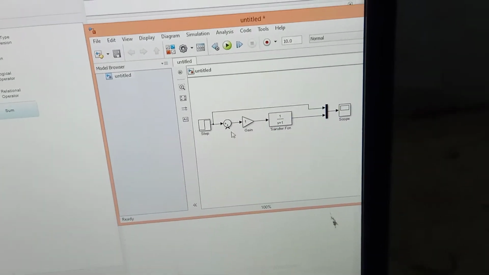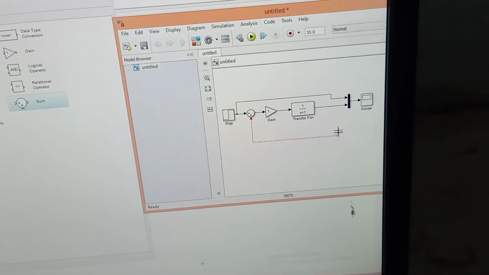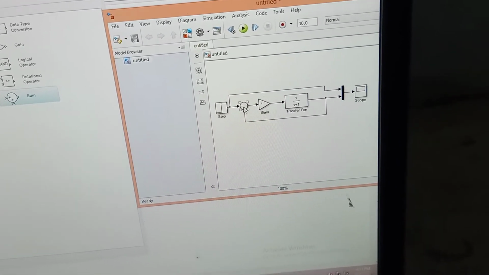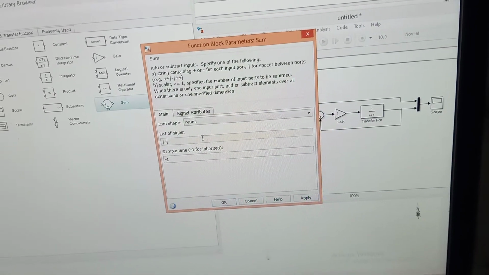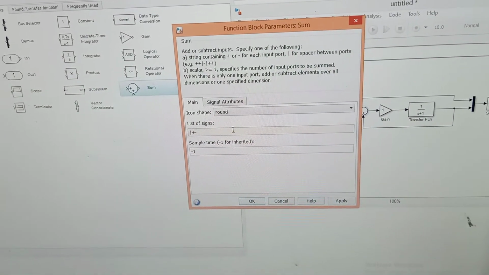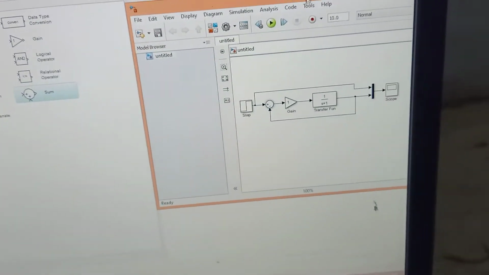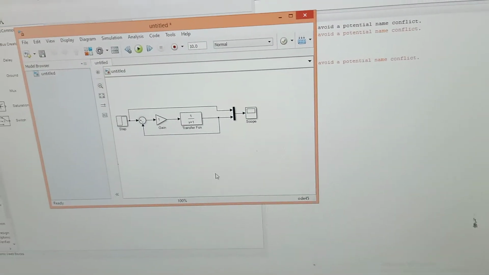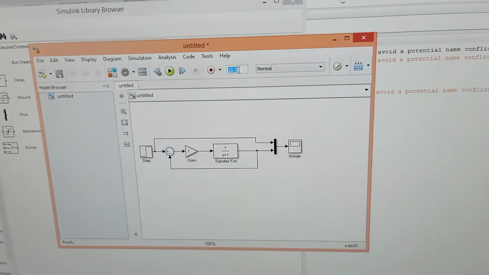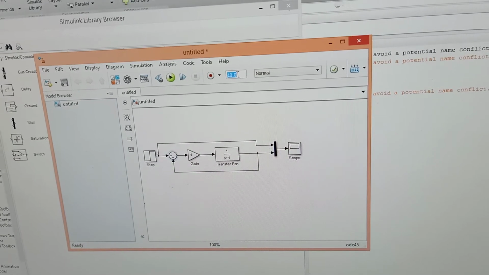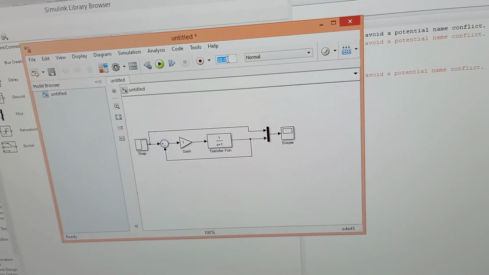Okay, and it is a negative feedback system. You need to change this comparator. You have to use the negative symbol to get the negative feedback control system. So this is all about your simulation of a linear system, and here you have to mention the time in seconds, how long you want to run this simulation block.